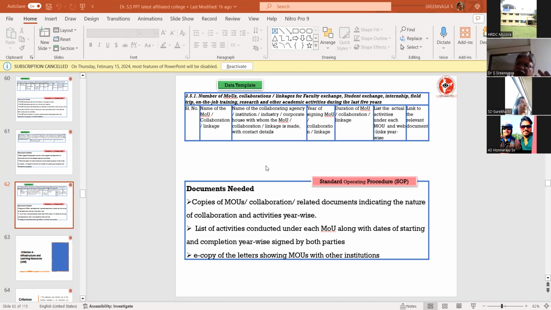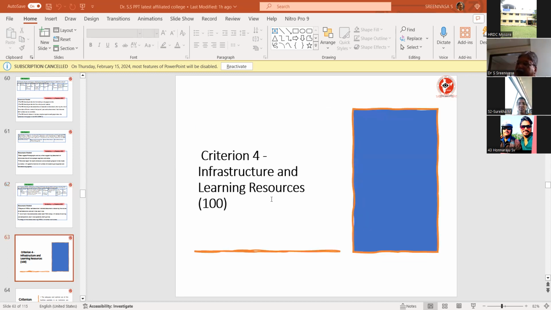Like that, there are so many things which we don't know, and those things can be documented, and it has to be stated that these are the properties of the local people or the Indians. That is very important. All these things can be included under this criterion 3. Each one is very important for us, and all these things are related to the area. Local products and local materials are there. All these things have to be documented properly.